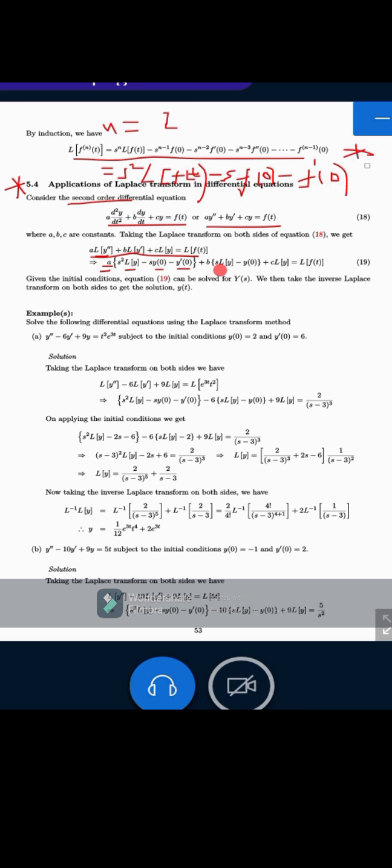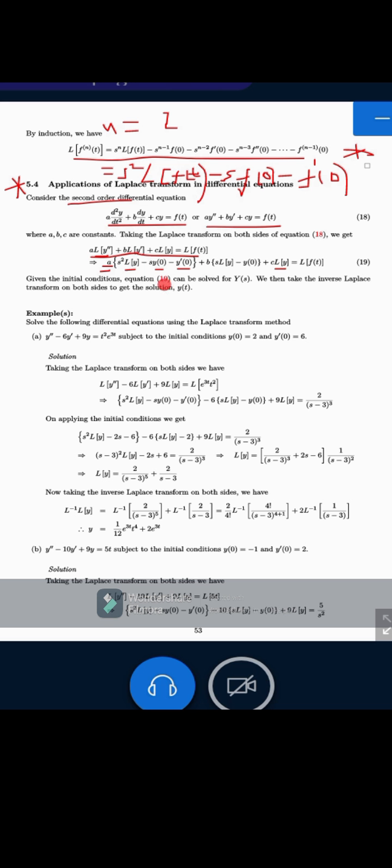So we have s times the Laplace transform of y minus y of 0. And then obviously this one will remain the way it is, as c times the Laplace transform of y, because this is our reference point. We are changing only the primes. We are changing the primes to be just the y plane. As you can see, the reference point is the y plane, so this y plane will just remain the way it is. You just need to maintain the term, the Laplace transform, and then it is equal to the Laplace transform of the right